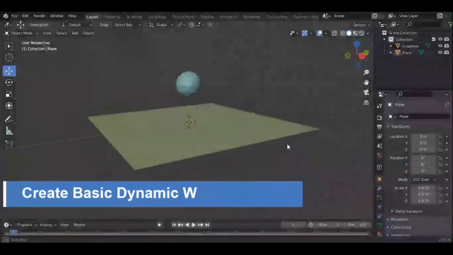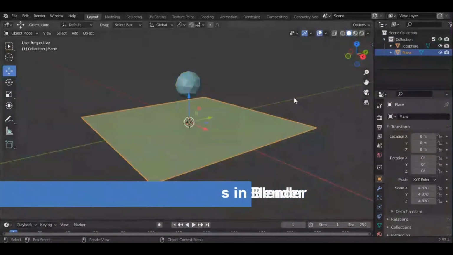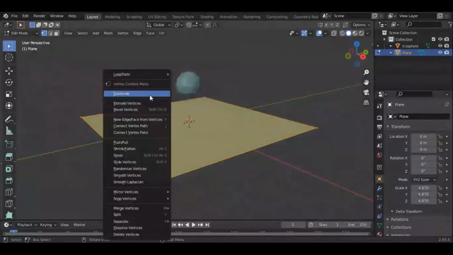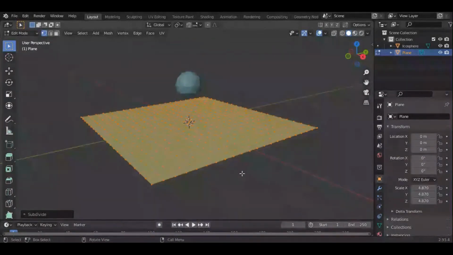So to show you how to create waves in Blender, for that I have an icosphere and one plane. Here, on clicking the plane and going to edit mode, right click, subdivide, and in the subdivide menu, number of cuts 20. After doing this, I'm going to object mode,